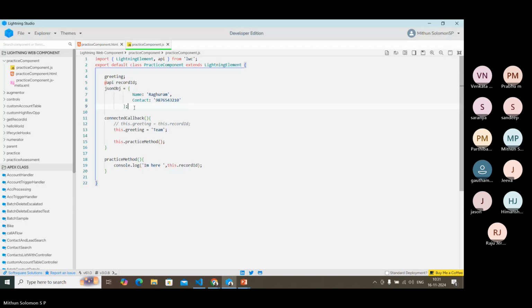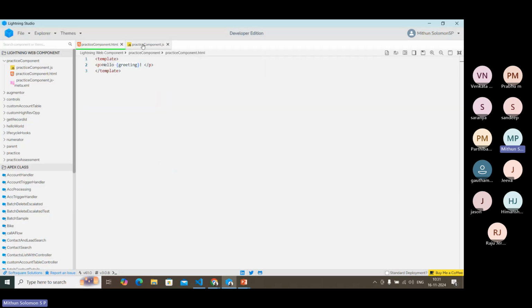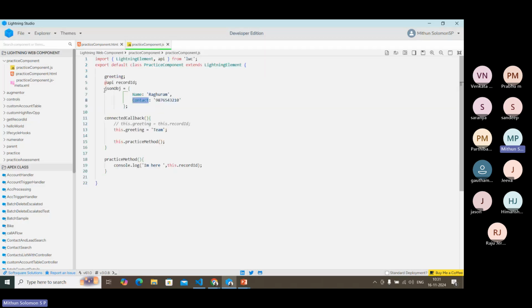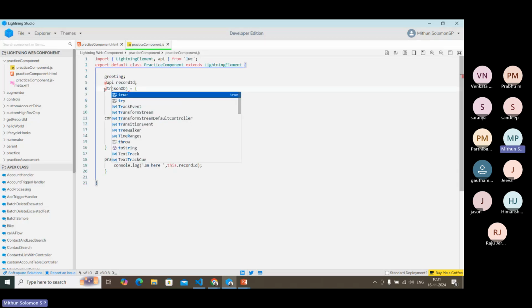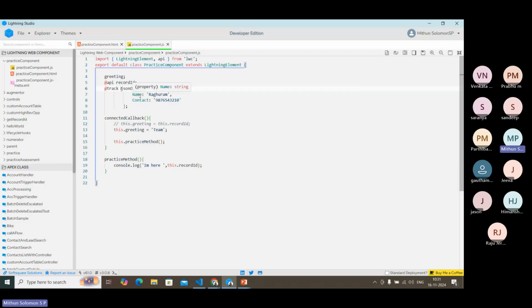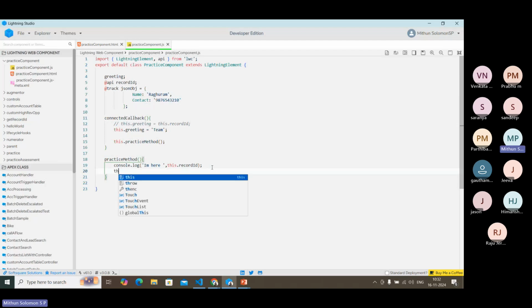When we make any change within this JSON object's name or contact, it will not be reactive in the front end. If I'm using this JSON object in the front end, it will not be reactive. For that purpose, we are using track to make it reactive, so that whenever a change is made within the JSON object's elements, like this.jsonObject.name equals,